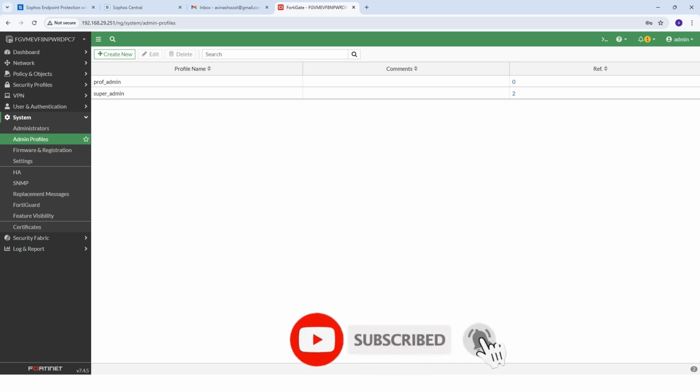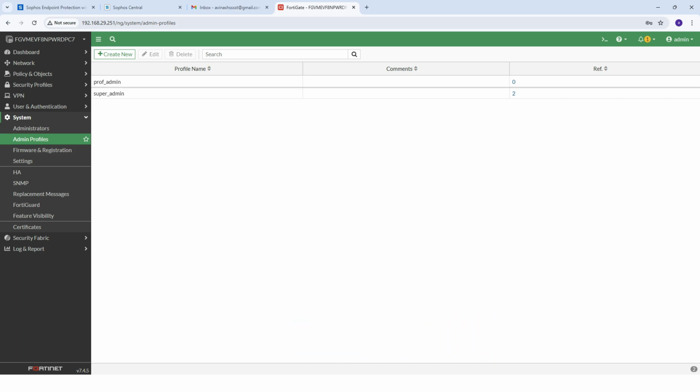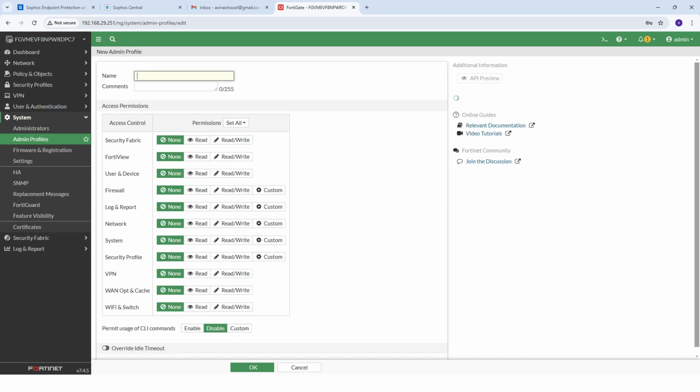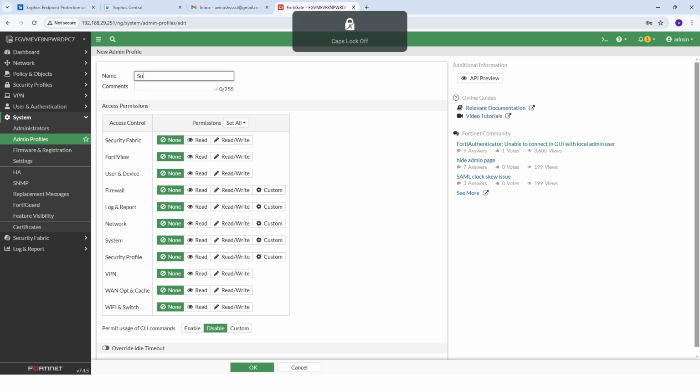So we will create a profile. After that we will create users. So first we need to create a profile. You can create your own level profile, like in your organization. If you have two employees, you don't want to give full access, so you can create as per your requirement. So I am clicking on new profile. After that, super admin, and you can select which access is required to give to your colleague.